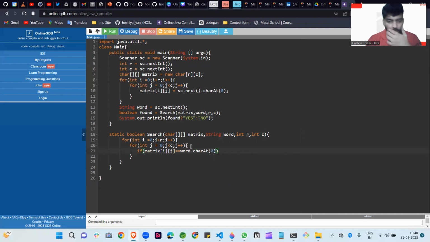So if we find our first character, guys, at any position, we find the first character of the word in matrix of i and j here. So what can we write here?